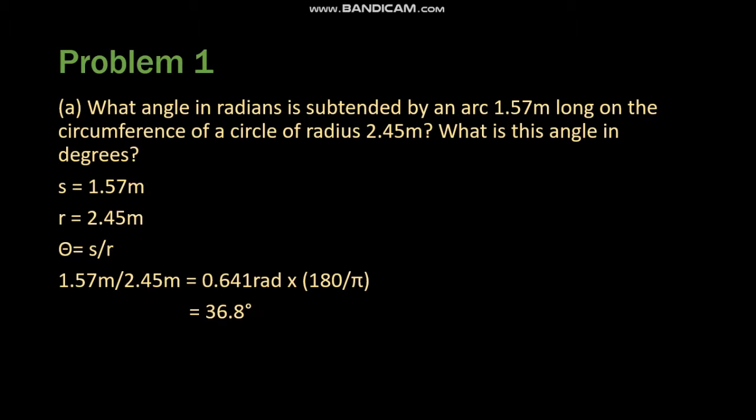It's stated in the problem that it has an arc length of 1.57 meters, so we have to list that down. S stands for arc length. It's also stated that the circle has a radius of 2.45 meters, so we write it down. R stands for radius. So remember the formula in physics that theta is equal to arc length over radius. Using this formula, S, which is 1.57 meters, divided by R, which is 2.45 meters,